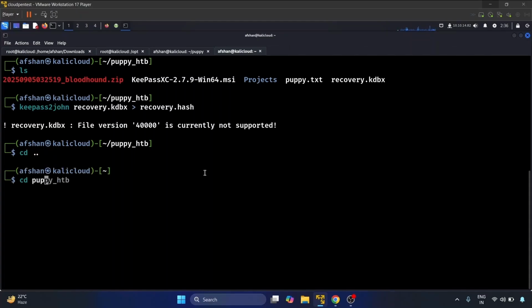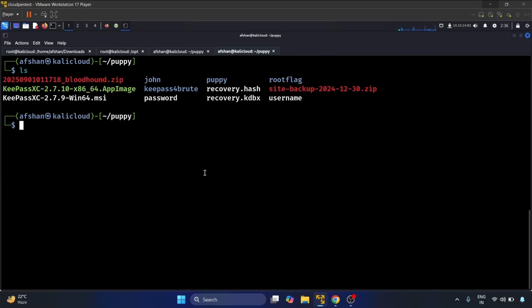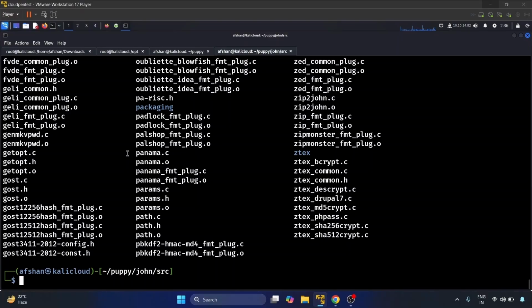Let me go to my original file where I have got all the files. Okay, so this is the John directory. Let me go to John and src, that is source. You have to hit enter,